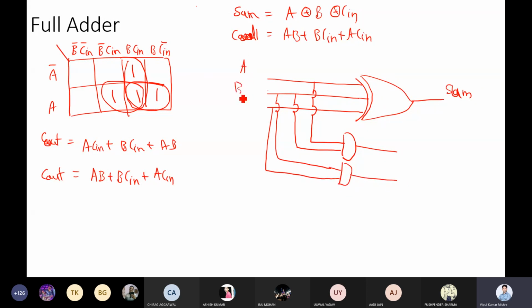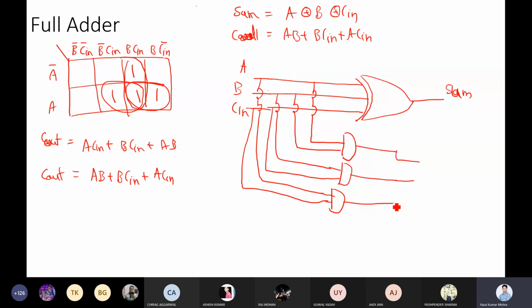So it's A, it's B, it's C in. And we require one more AND gate. Connect that. And finally, all these ANDs will go to one OR gate, and you will get your C out. So from the equation, we have drawn the circuit diagram, right? Any doubt till this point? Anyone?